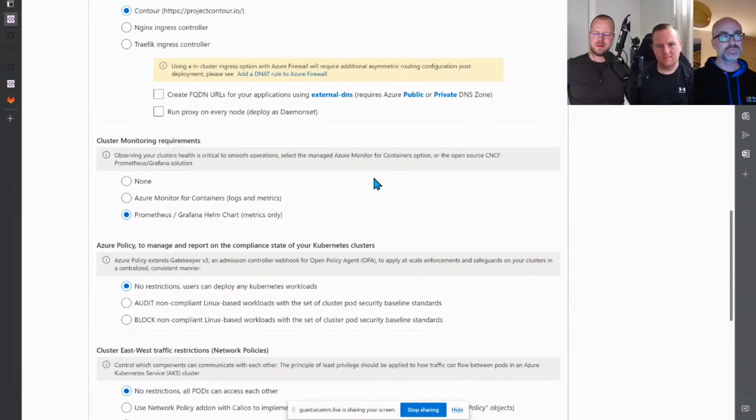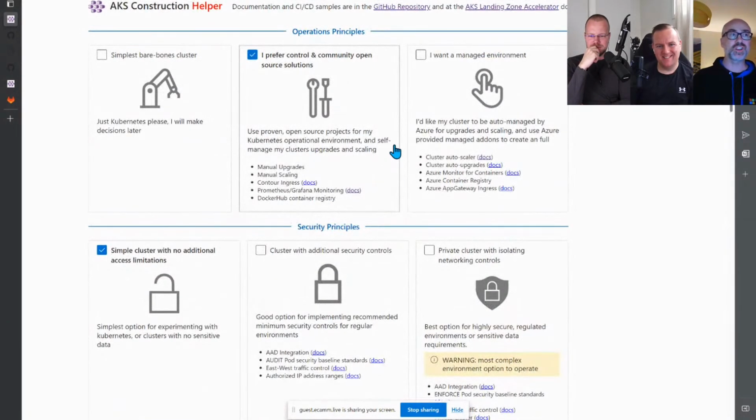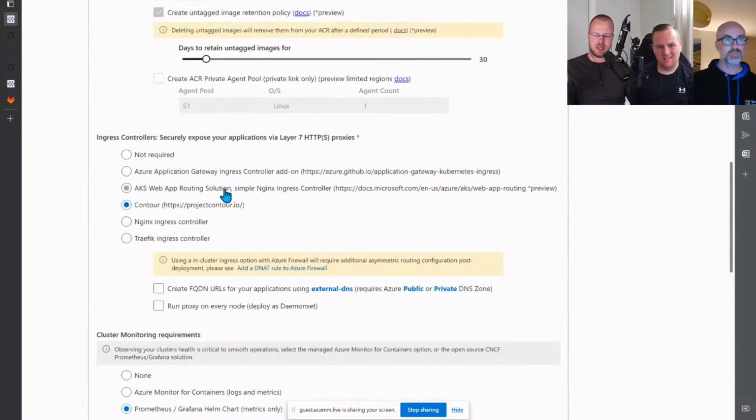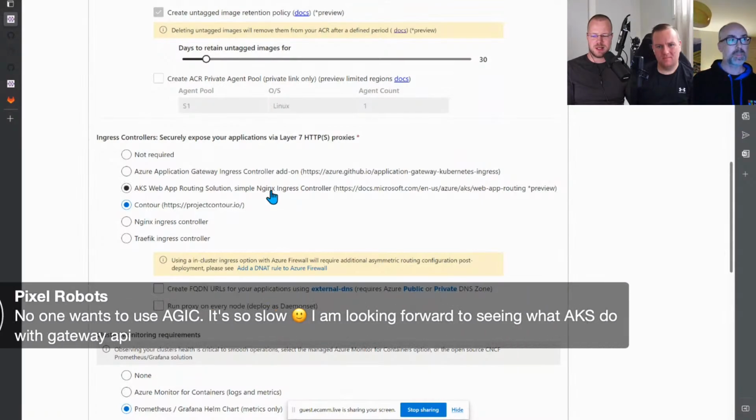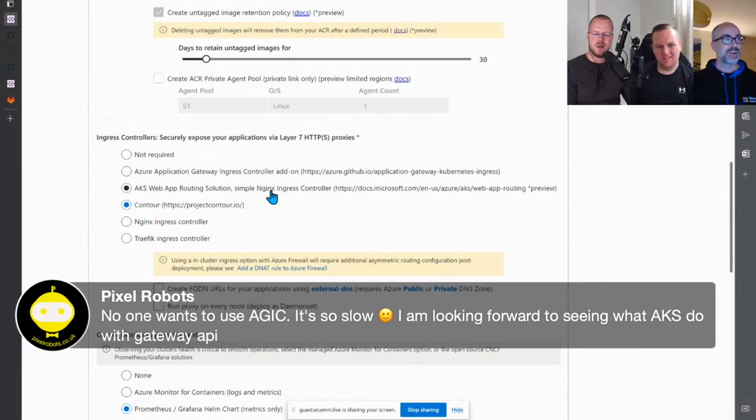Yeah, it's all these options, right? I'm always thinking there are too many. There are too many, and this is what we're trying to do. We're trying to guide it a little bit. Yeah, but even then we have Traefik, we have Nginx, we have AGIC, the application gateway one, which Richard is not a big fan of, at least. I heard him talk about this before, right?